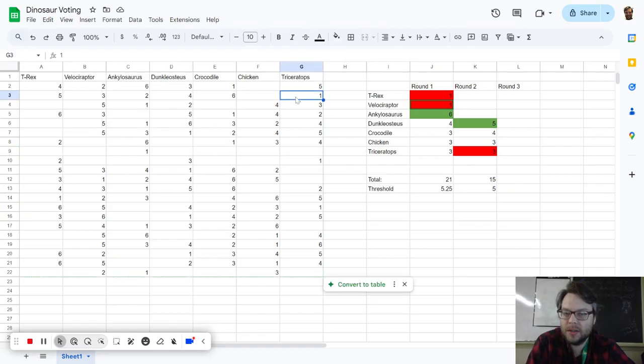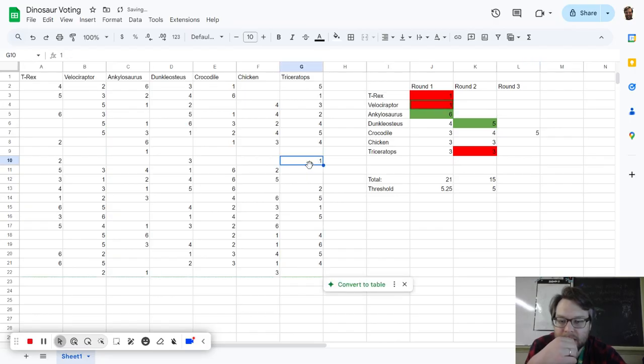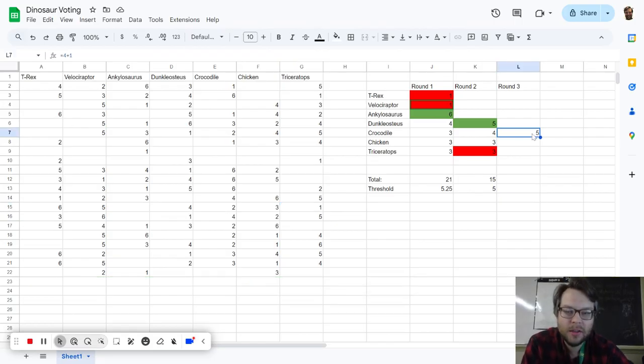So this person here did not rank chicken, so they are adding 1 to crocodile. So we're going to go 4 plus 1. This Triceratops voter did not rank either crocodile or chicken. And this Triceratops voter also ranked crocodile above chicken. So we're going to add another one here. All the other votes have been exhausted. And so we have a total of 9. And our threshold is half of that, 4.5. And you can see that the crocodile is our third elected